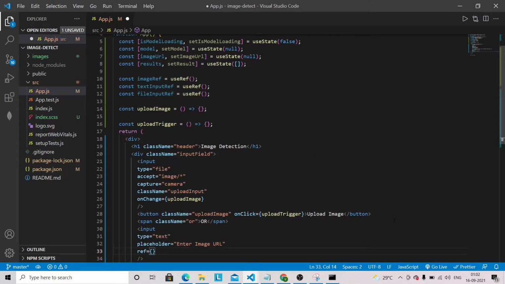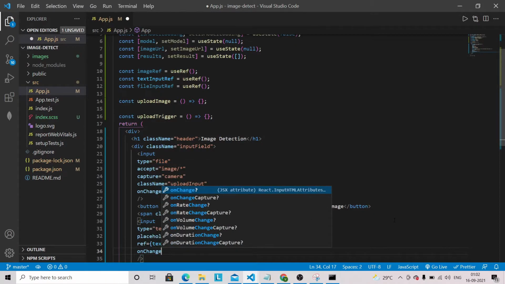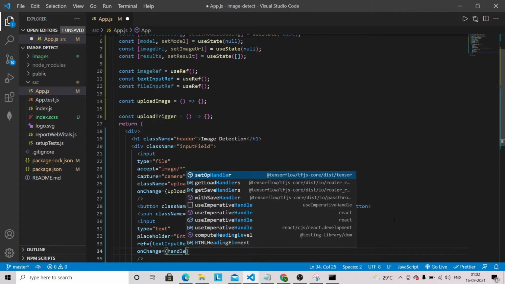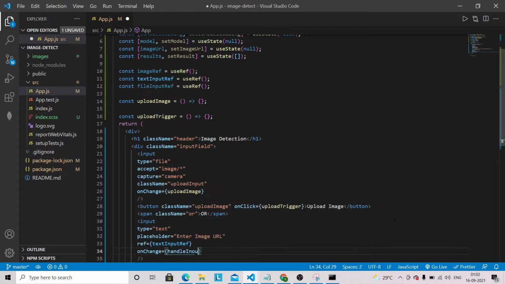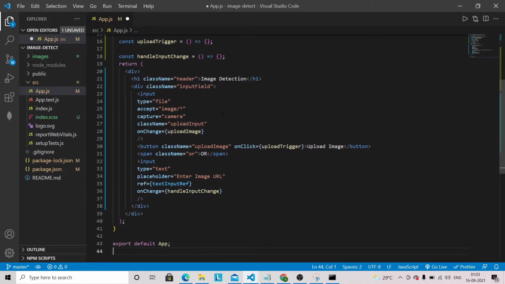So we have already defined the ref for this one, textInputRef, and onChange we are going to have handleInputChange. So let's define this one as well. We will write the logic later. So const handleInputChange, and we are going to close this div here only.